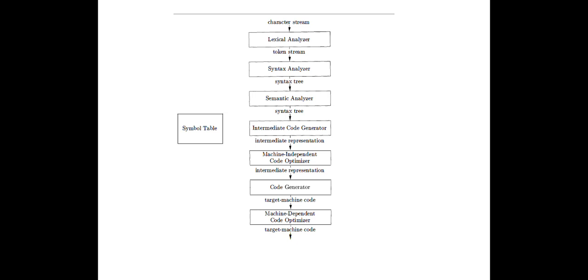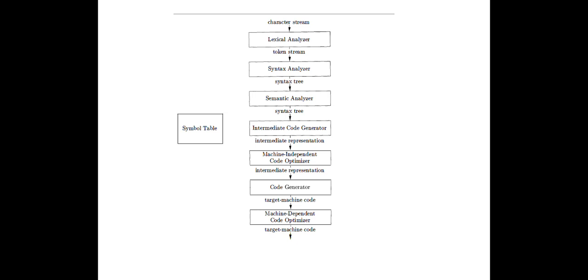And then the next important thing is, we have two important parts: the analysis part and the synthesis part. The analysis part acts as the front end, and the synthesis part acts as the back end for us, where the input of your analysis part is the source program, and the output of your analysis part is fed as an input to your synthesis part.